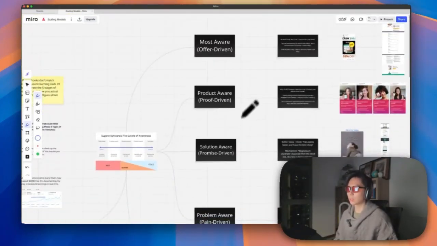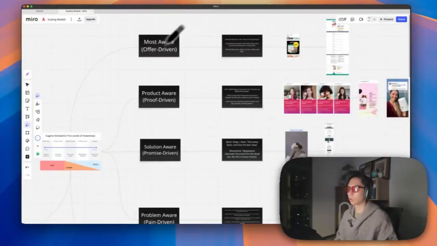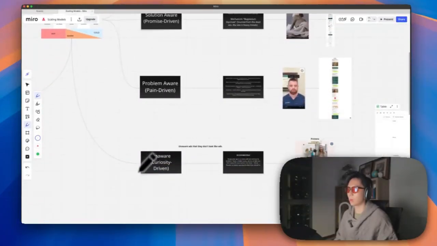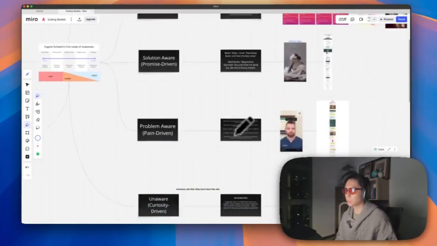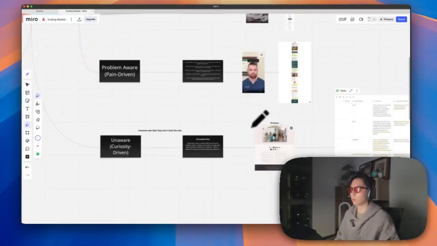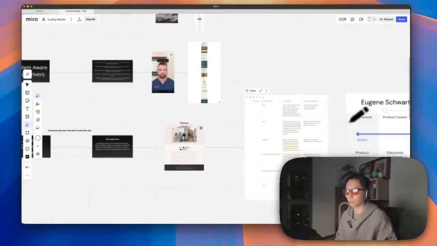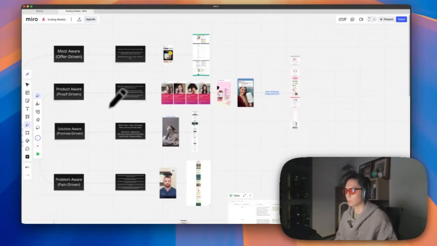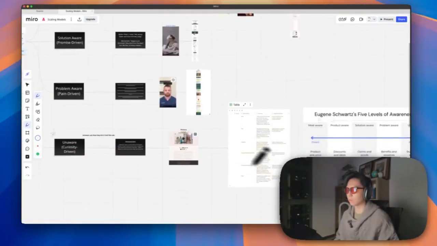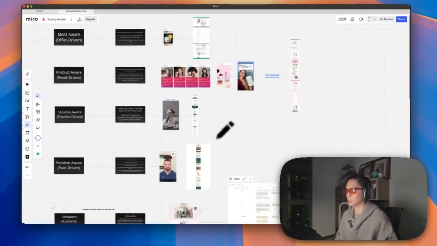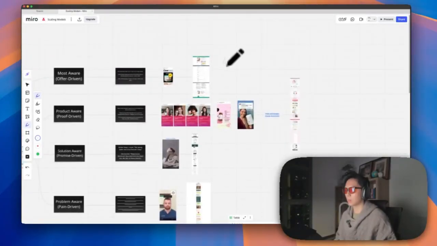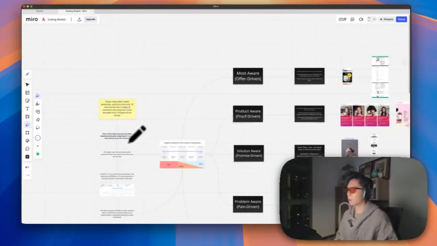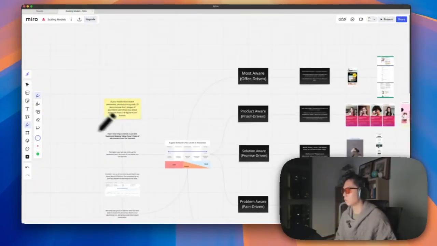Essentially, you want to have a diversity of advertisements where you tackle most aware, product aware, solution aware, problem aware, and unaware types of advertisements. So personally, I like to add in a mix of different creatives, but I love the unaware ads because it allows my customers and prospects to go from A to B a lot faster. And then, of course, within my creative library, I would have different types of ads that would reinforce that, so that if they don't take the buying decision at this stage, they can take a buying decision maybe here, or one of the ads here, or one of the ads here, and so on and so forth. So that is how awareness maxing looks like and how you can use it for your own brand as well.